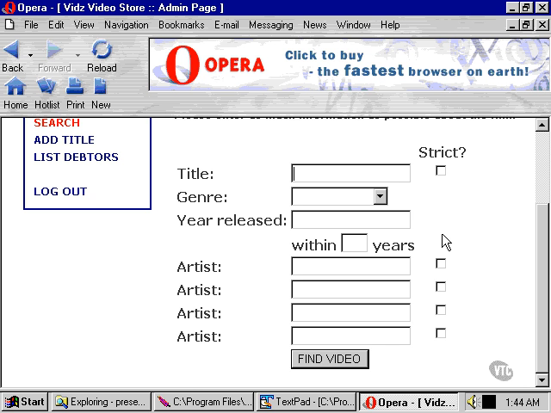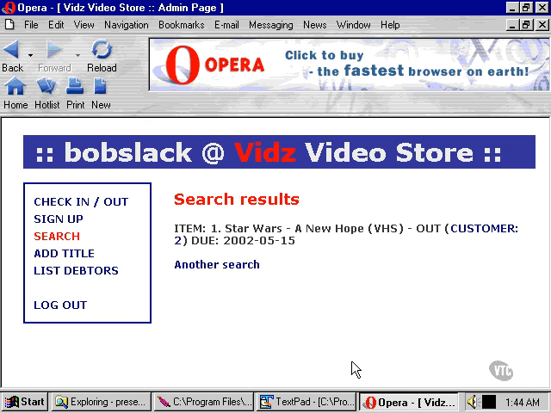Once again, we can type in title war. Let's say we think it was published in 1976, but we can't be sure. So let's give it 3 years leeway, and we'll see if we can find a video on this basis. We found the Star Wars video, and that is unfortunately out at the moment, and that's out to customer number